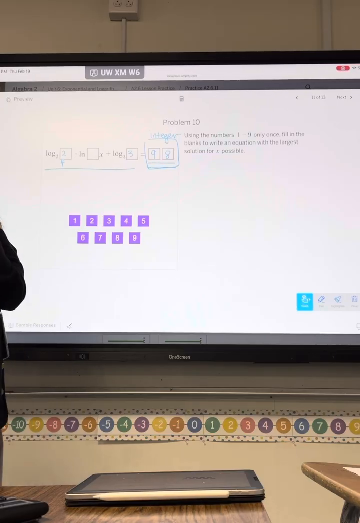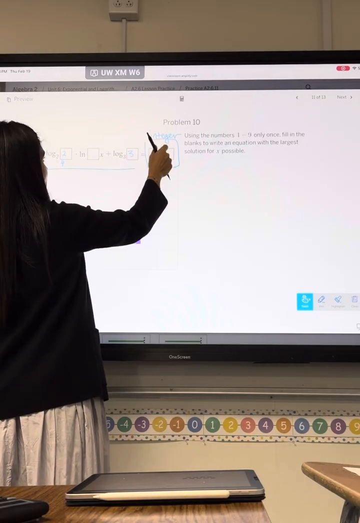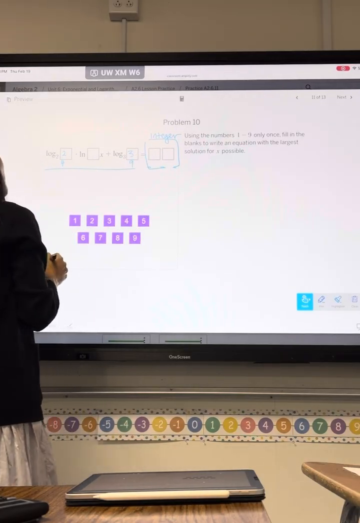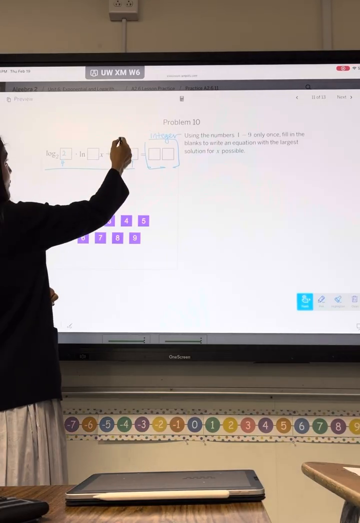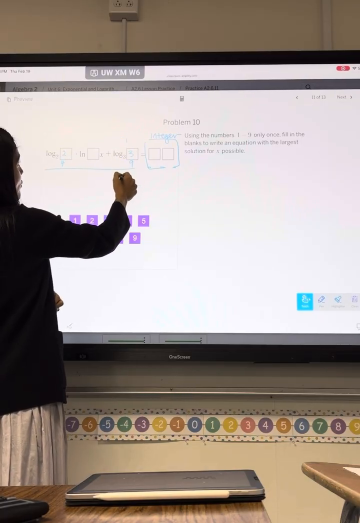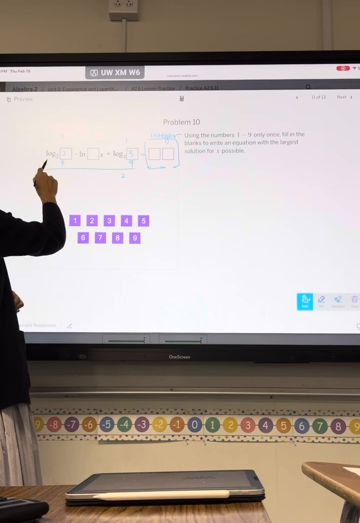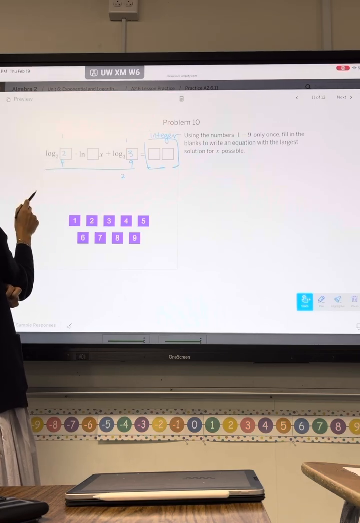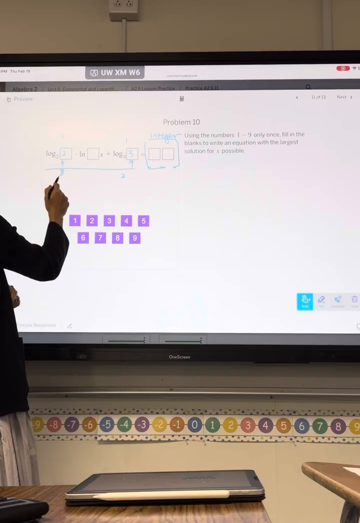In order to come out to be an integer. And if I don't put 98 here, this could be 3 or 9. So if it's log base 3 of 3, this is 1. If it's log base 3 of 9, it's 2. Over here, if it's log base 2 of 2, this is 1. And if it's log base 2 of 4, oh, if 8 is free game, I could also have 8 right there. And this could be 3